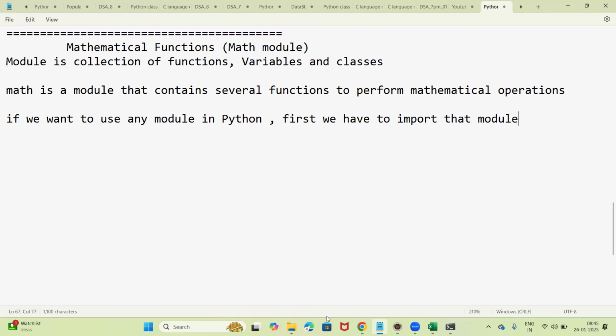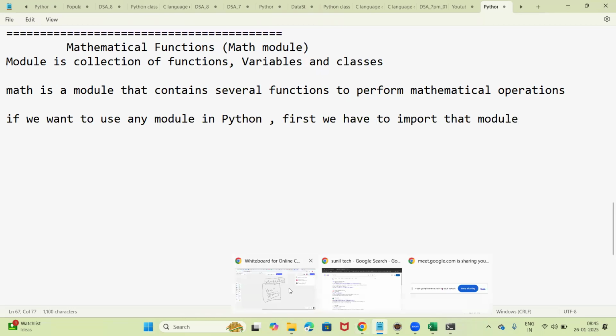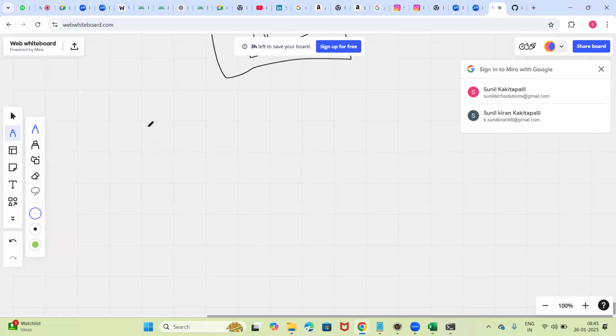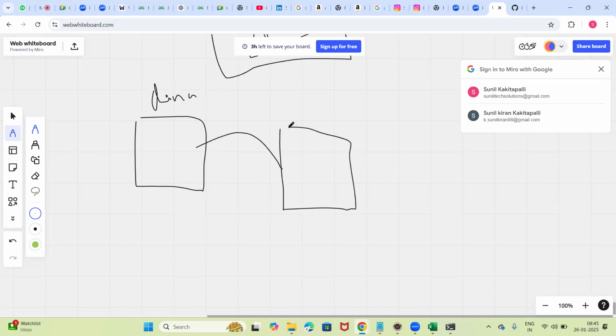See, guys, just understand the meaning of import. Suppose there are some goods made in China, basically we used to import the goods to India. The goods from China, Australia, America, we used to import, right? So first we need to get those goods. If you want to use the goods, first we need to import those goods and then only we can use them, right? Okay. The same way,